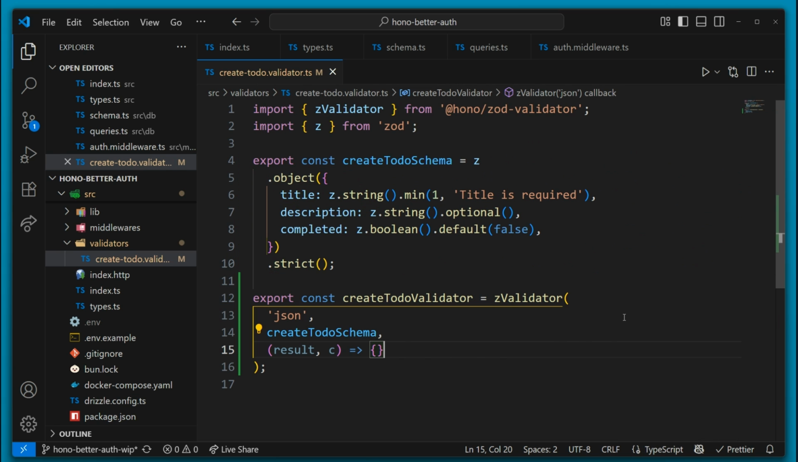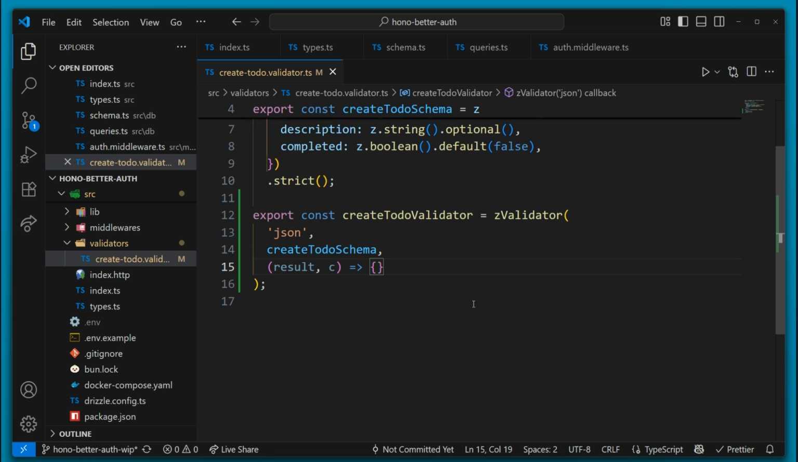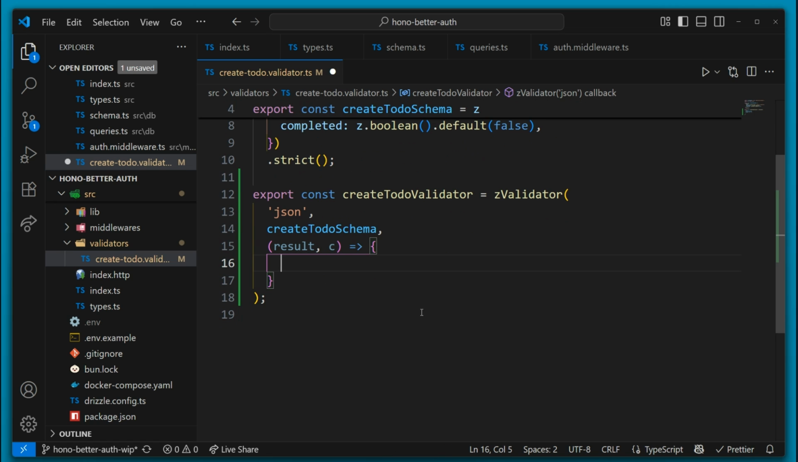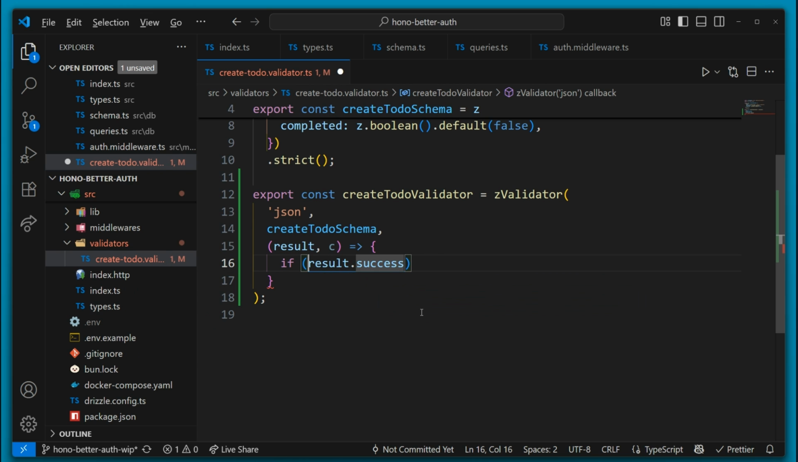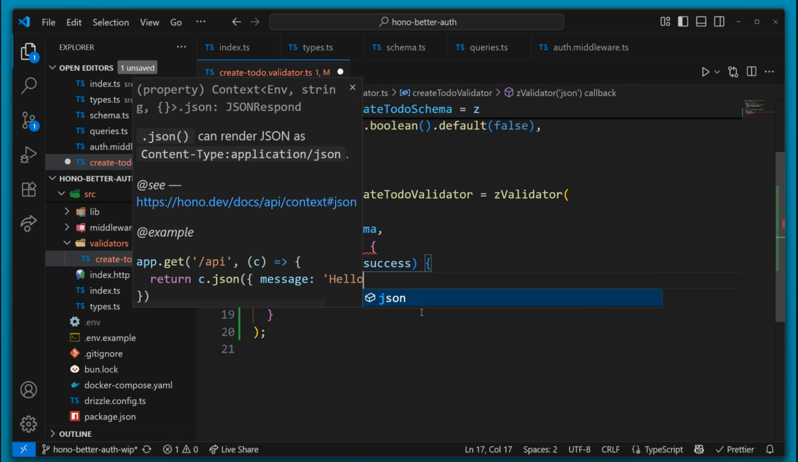And let's see if I can save to get some formatting. There we go, looks a little bit nicer. Now open up this hook again, and we can check if the result was successful. And we get the autocomplete. So if result was not successful, then I want to send a 400 bad request. So we can do that by saying return context.json